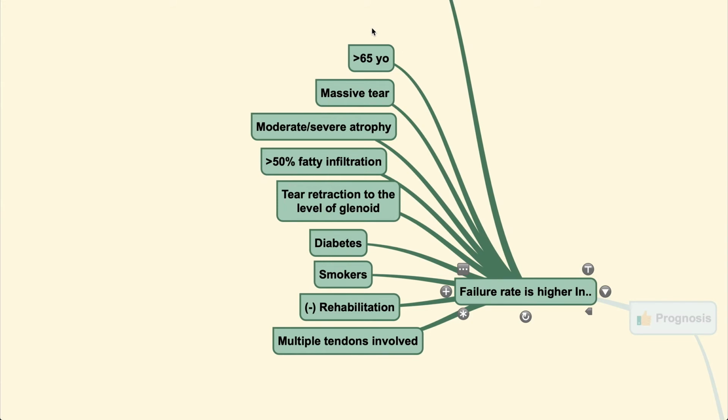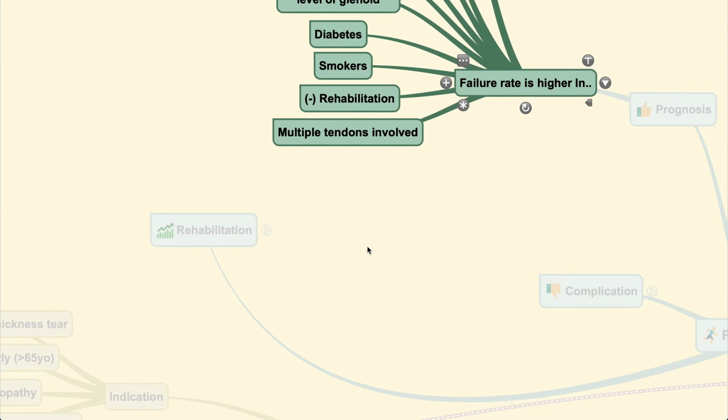Patients aged more than 65 years old with a massive tear, presenting with moderate or severe atrophy, and with increased fatty infiltration as shown in the tangent sign. You could look that up in the first video of this rotator cuff topic. And failure rate is also generally high if the tear has retracted to the level of the glenoid. It is also generally